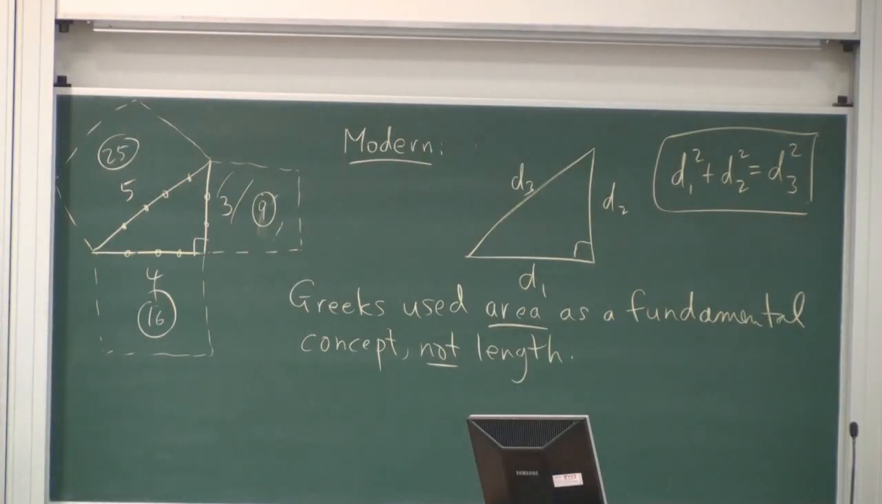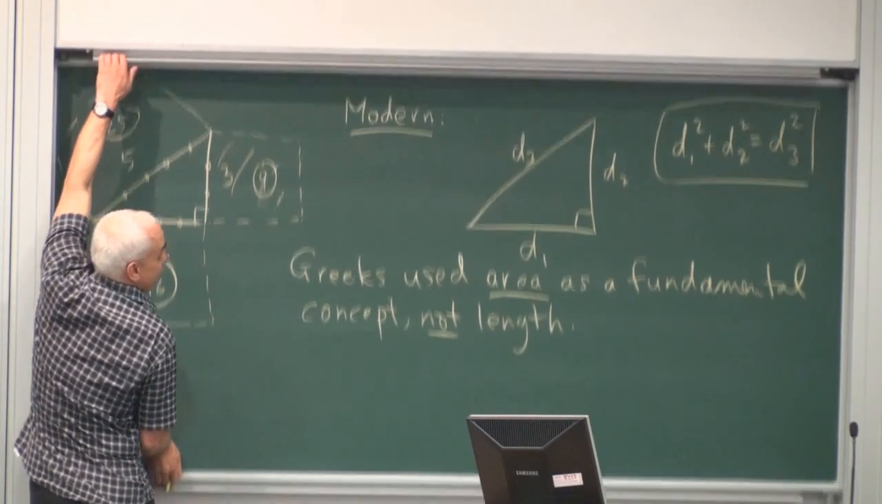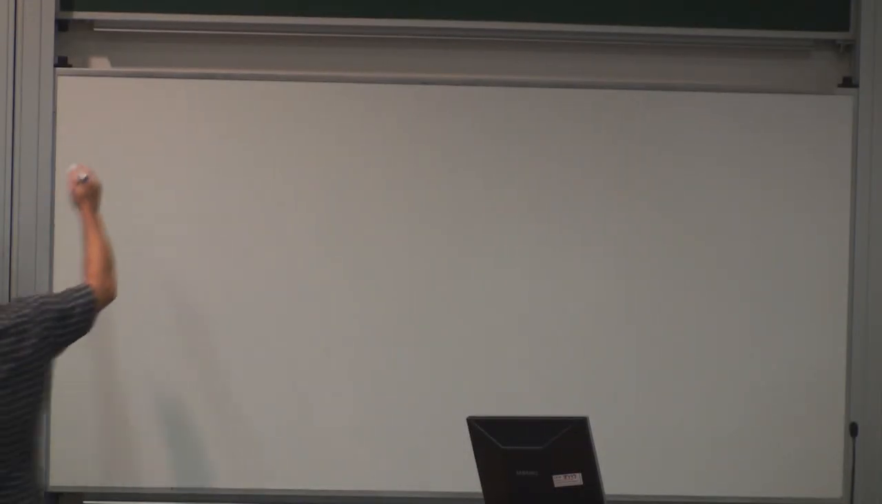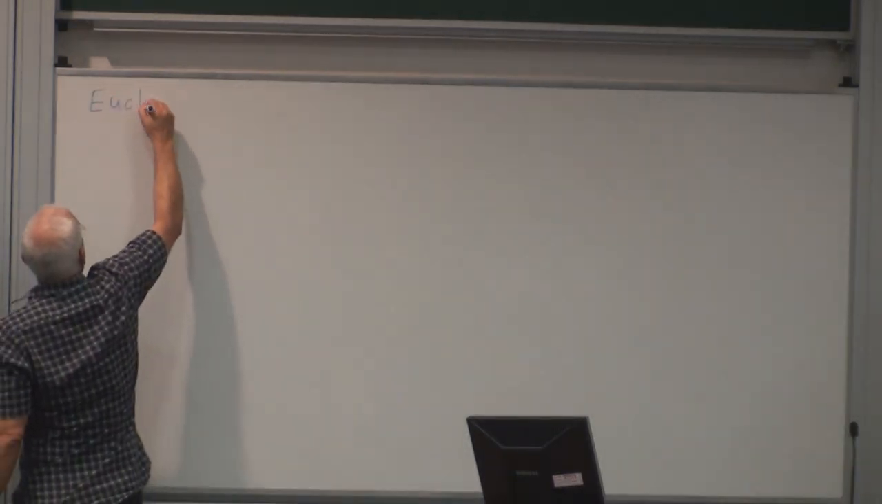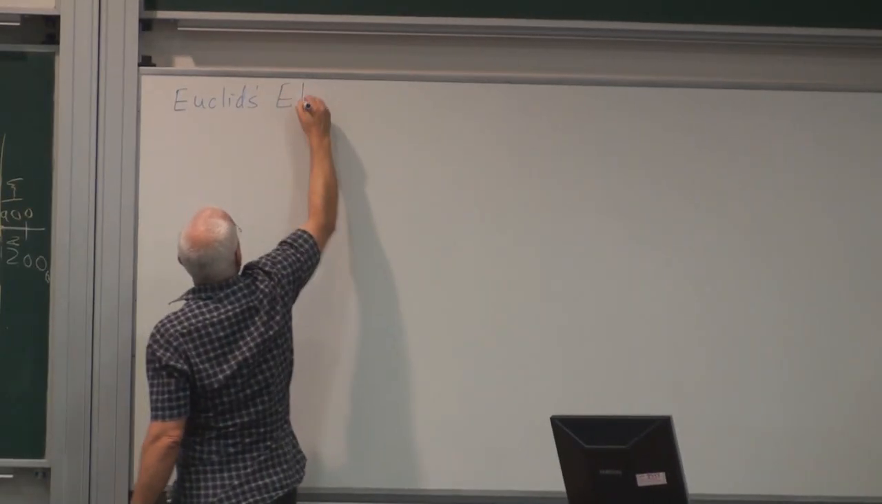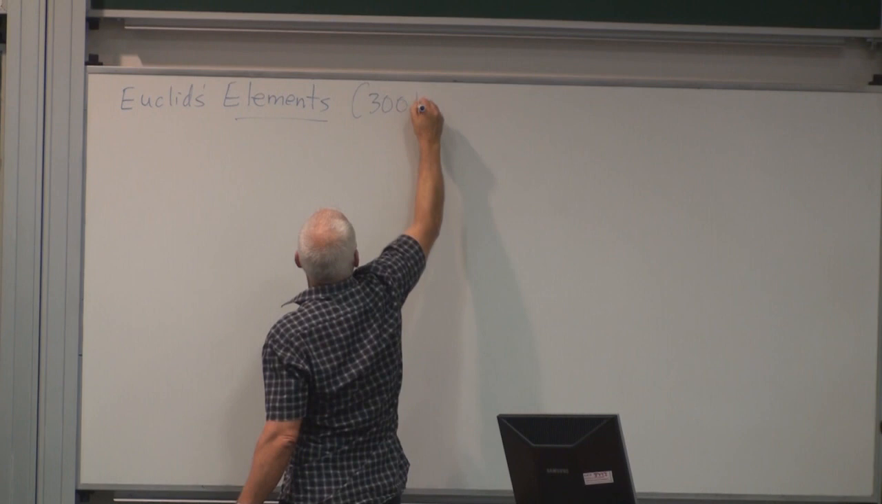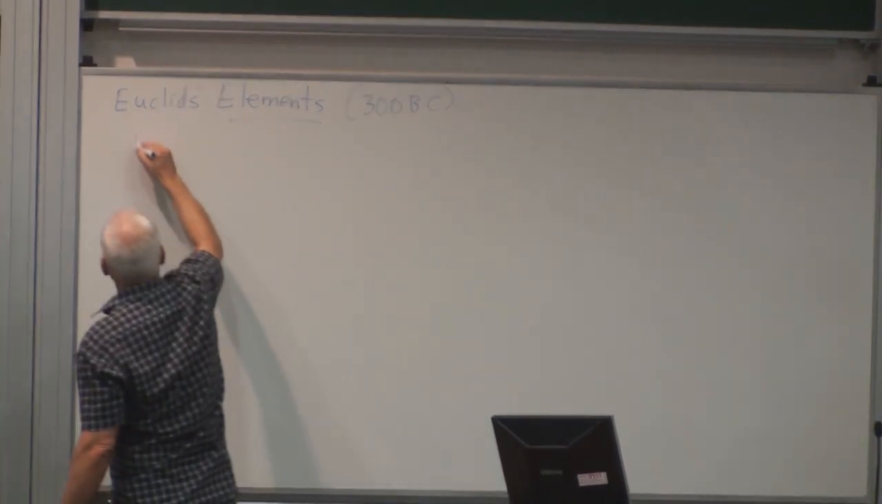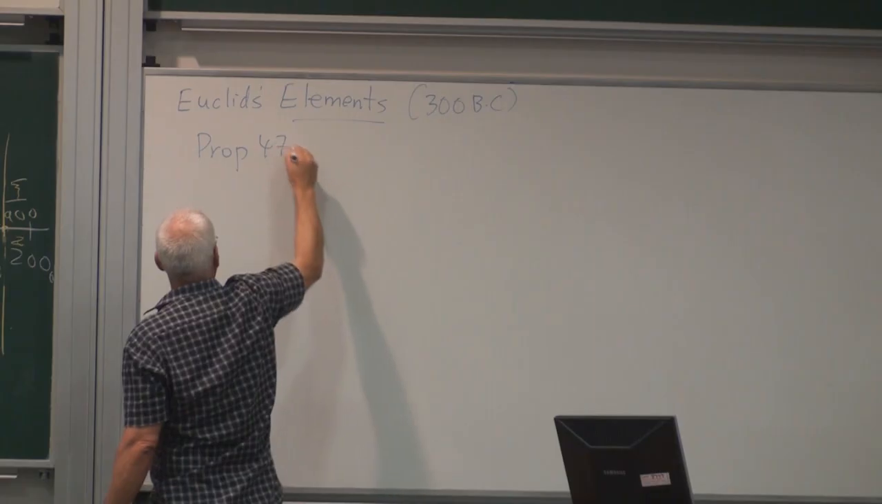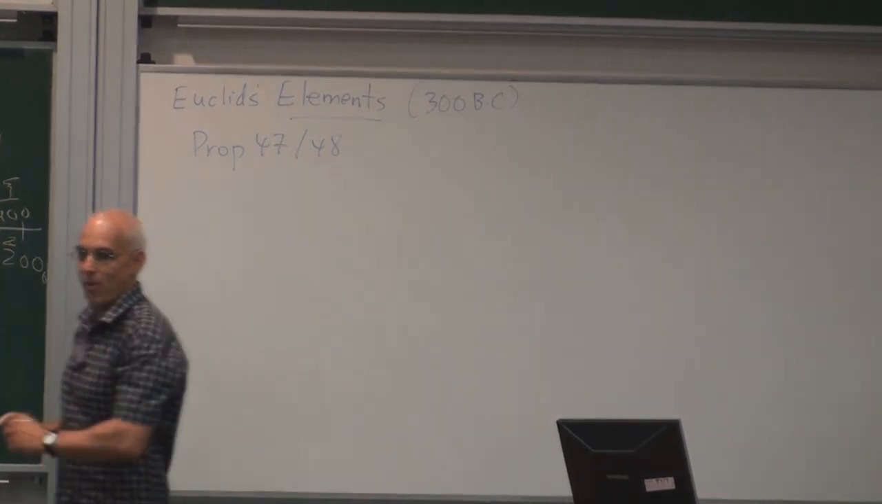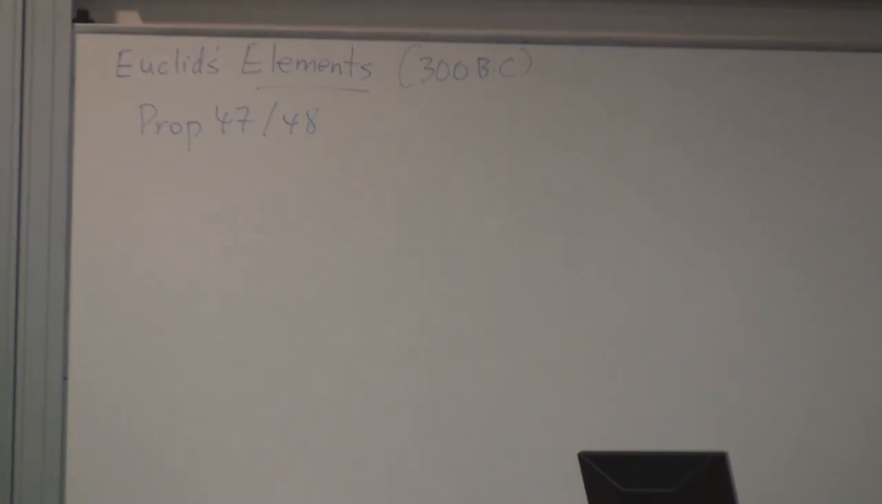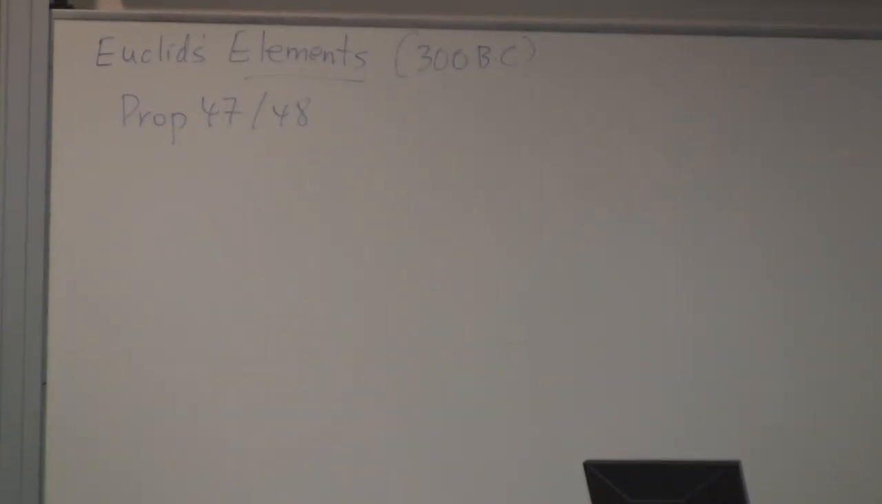And so the formulation of the theorem in Euclid, Euclid's Elements, this is the most important book in the history of mathematics. Euclid's Elements. That's written around 300 BC. So proposition 47 and proposition 48 both deal with Pythagoras' theorem, and they say that